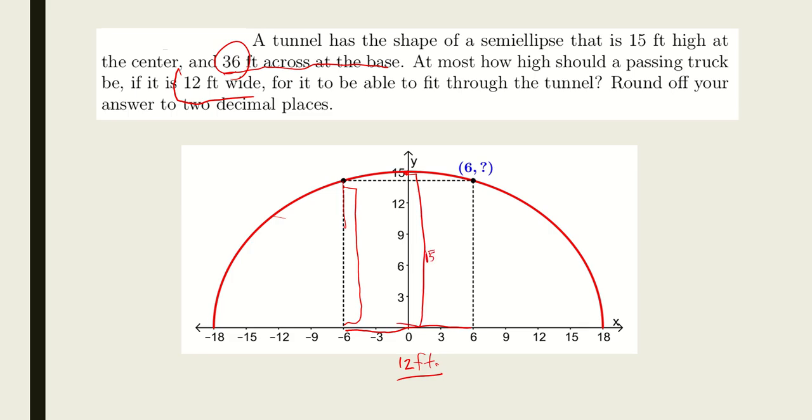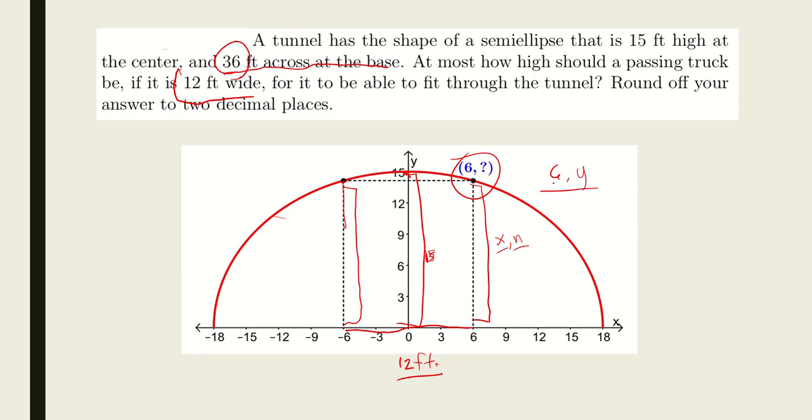Okay, let me reiterate it again. The 15 is until here because we're talking about the height, and then the point here is what we're looking for. It can be referred to as x, or n, or the unknown. X is an unknown or n is an unknown. But if you're going to consider the ordered pair, the 6 should be the x,